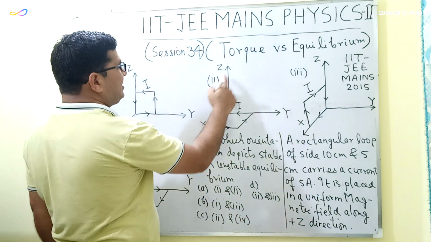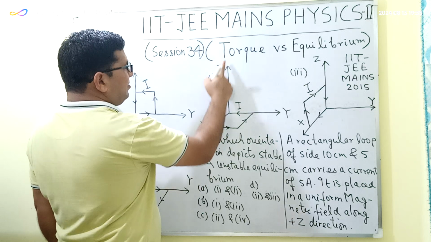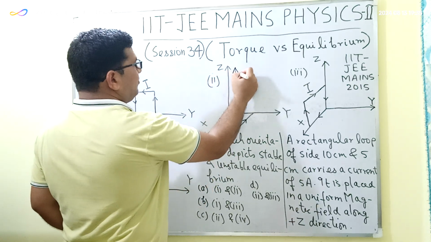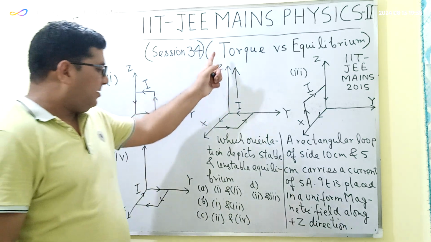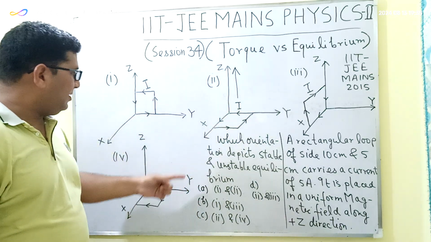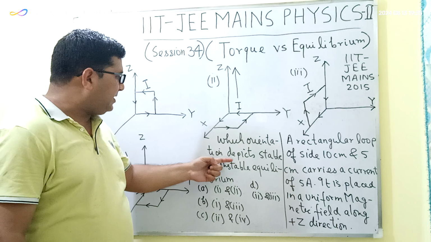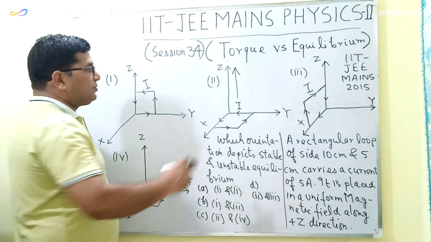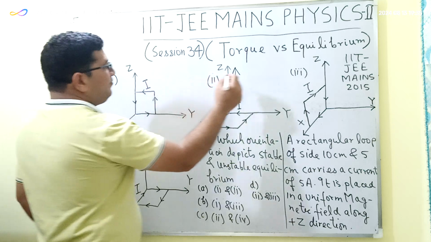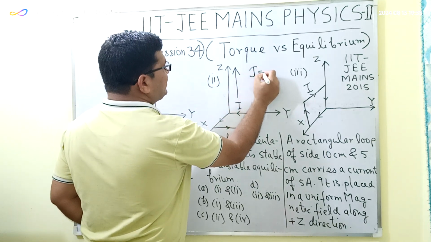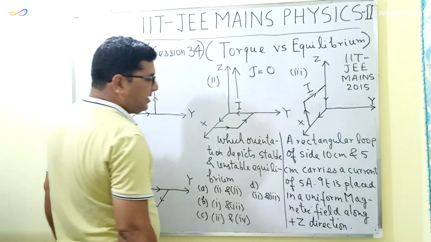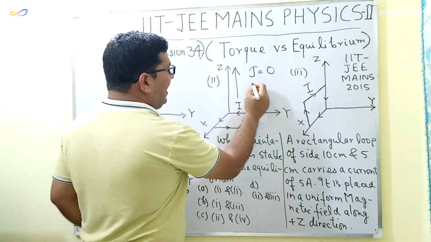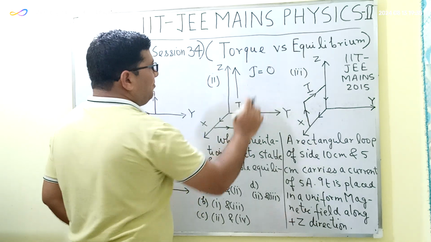So the direction of the magnetic field is along this positive z direction, that is like this. So this is the direction of the magnetic field, and here we have to find the orientation which depicts the stable and the unstable equilibrium. So for the stable equilibrium, the torque acting on this rectangular loop carrying a current of 5 ampere should be equal to 0, and the angle between the